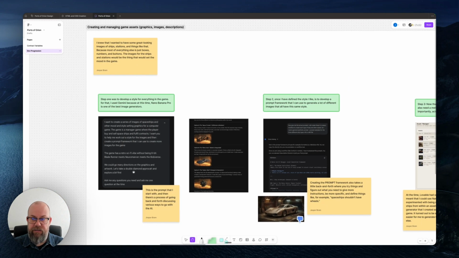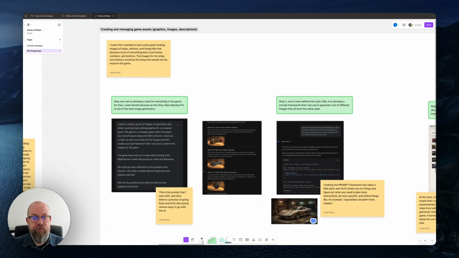So back to the images and graphics, how I created that. I knew that these still images would be the thing that would set the mood for the game. And I had an idea of what I wanted. And obviously I wanted to use AI to create the images. And I also knew that I would need to create a lot of different images that I still didn't know what would be. So I wanted a system that I could use to just create different image assets when I would need them. So the first thing I did was to go to Google Gemini and then start to develop